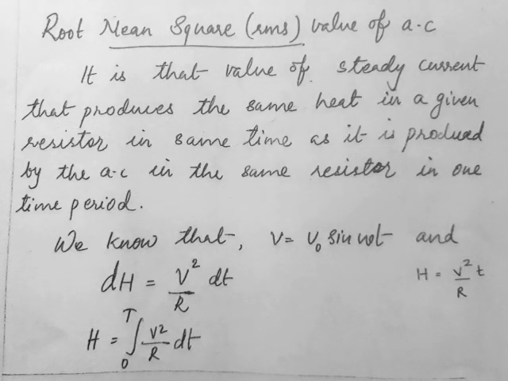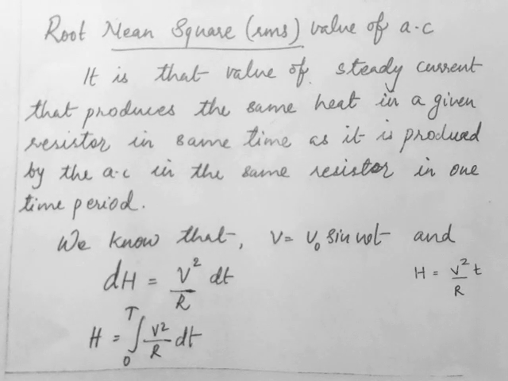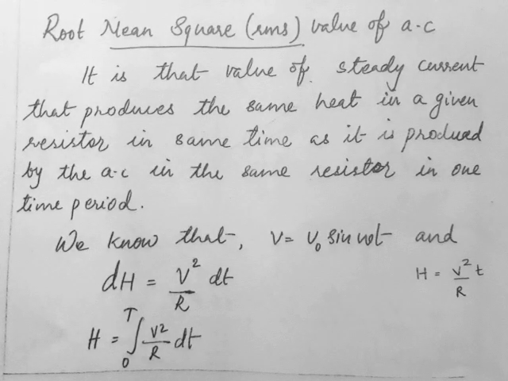one complete time period. What is the heat produced within that particular time, we'll check first. So we can go with the equation for heat, that is H is equal to V square by R into T. This is the equation for heat. So we have a varying voltage, not constant V. We have a varying voltage, that is V0 sin omega t. And let's consider a resistor of resistance R.